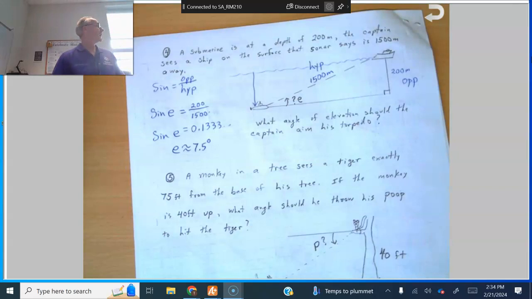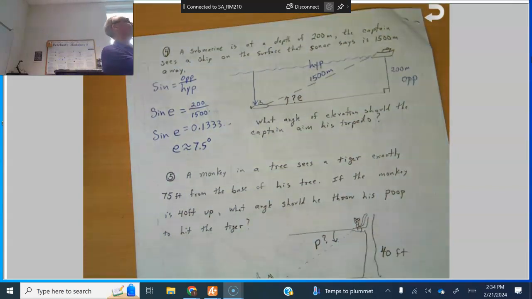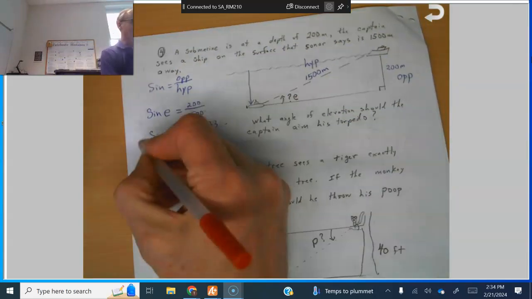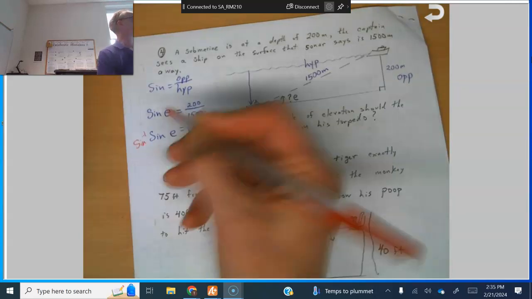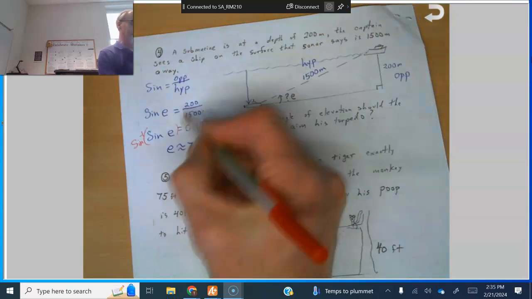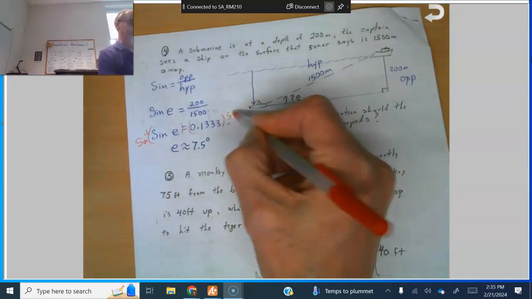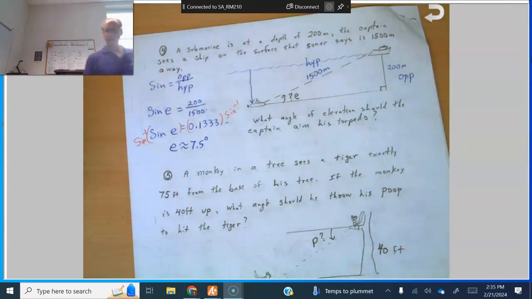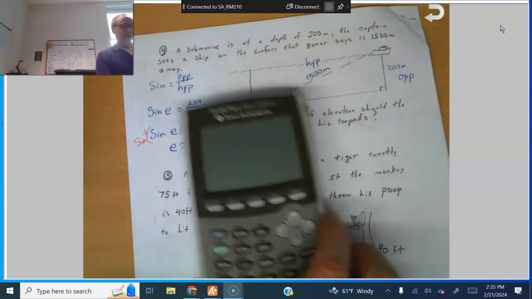Now what this is called is the inverse sine. We are doing the opposite of taking the sine of an angle. We are taking a decimal and finding the angle that goes with it. I'm going to show it to you on a calculator. If you